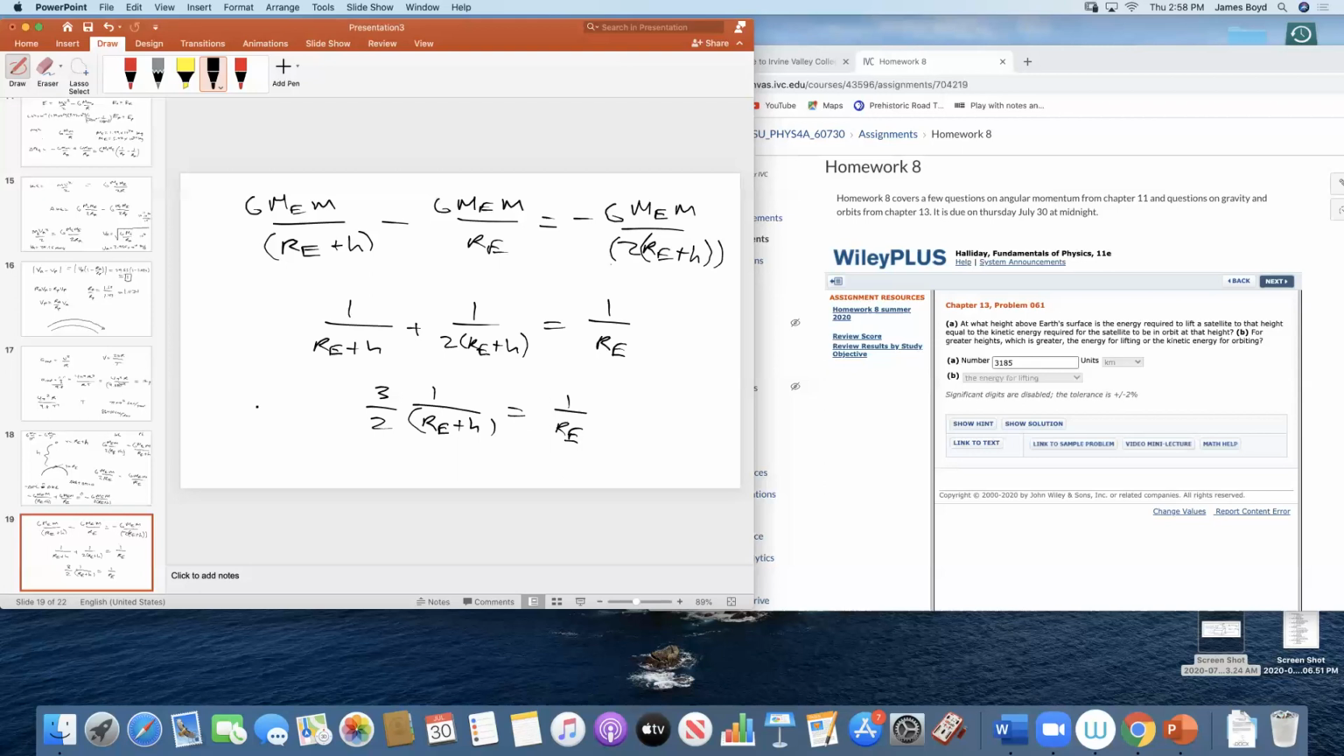If I multiply this through, I get 3/2 RE is equal to RE plus H, or H is equal to RE times (3/2 minus 1), which is RE over 2, half the radius of the Earth. The Earth is 6,380 kilometers. Half of that is